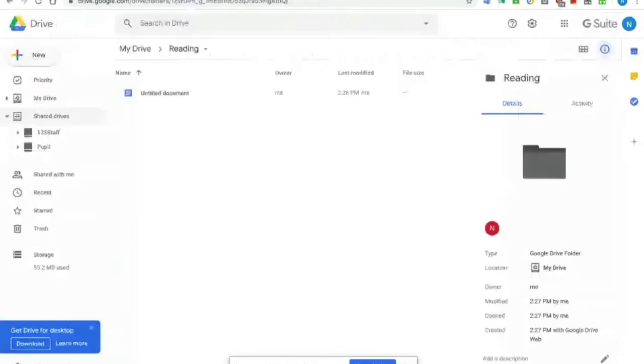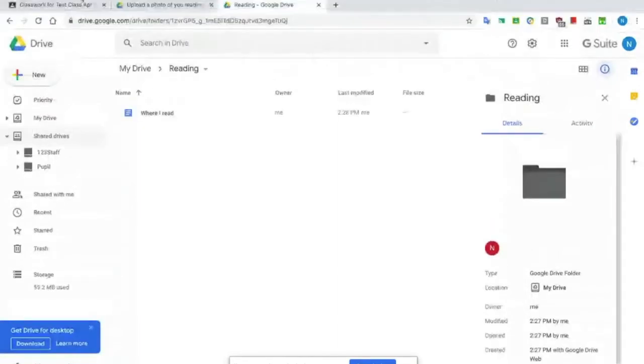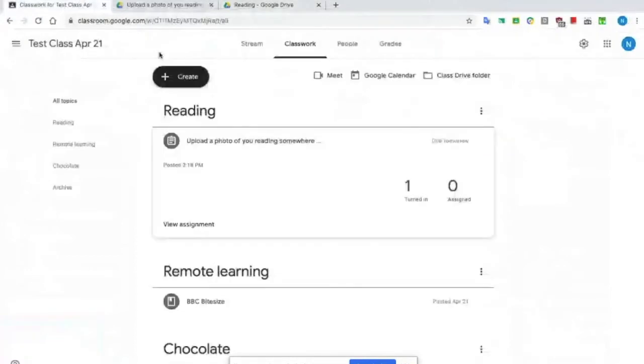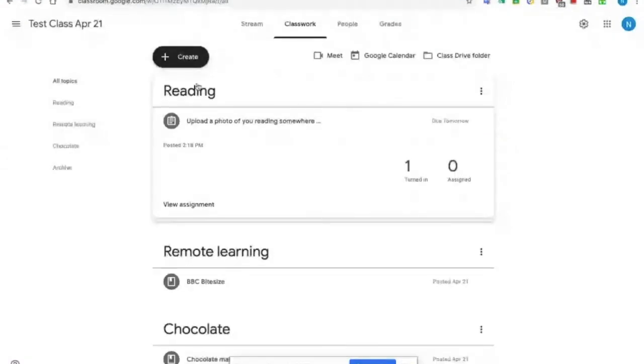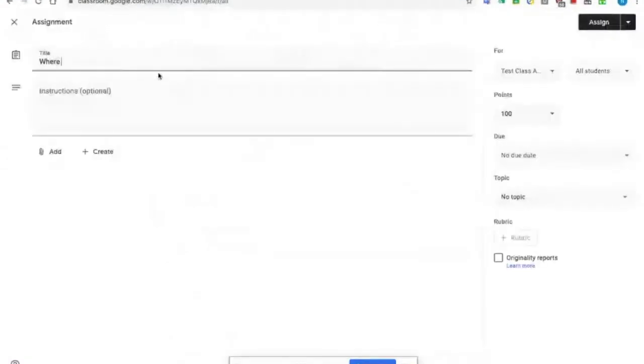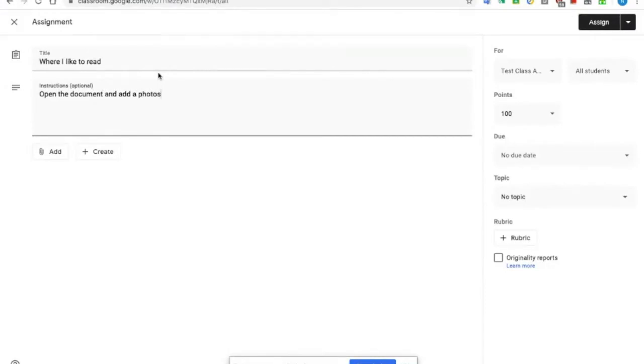But because I've created a document, it's now easy for me to say, right, let's create an assignment. Where I like to read. Open document, and add a photo of where you like to read. There are some quick instructions, and this time I am going to add, and I created it in Google Drive,